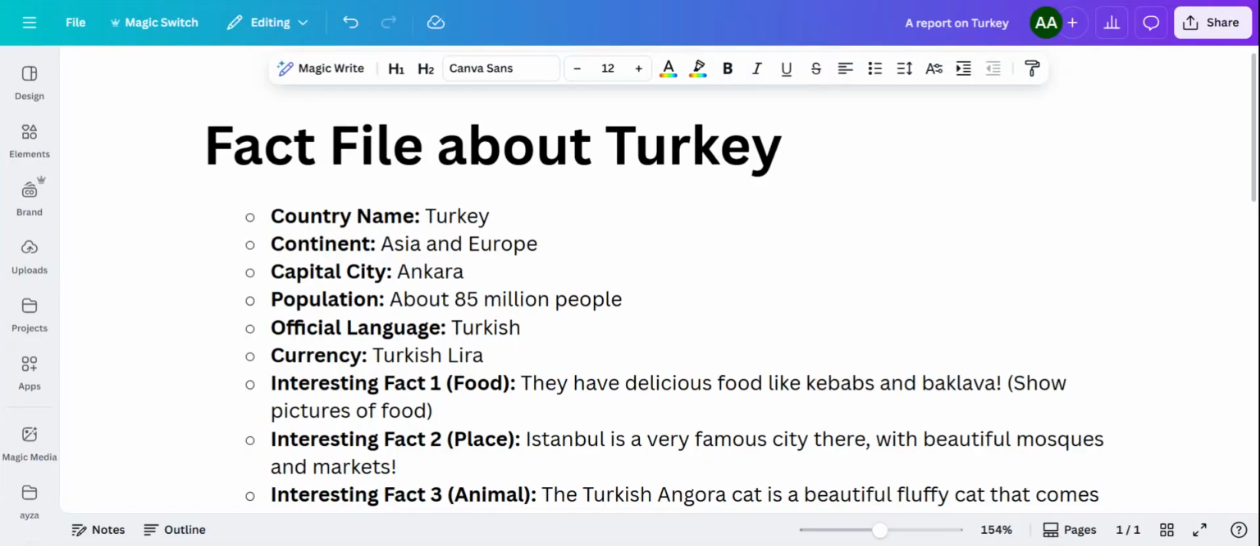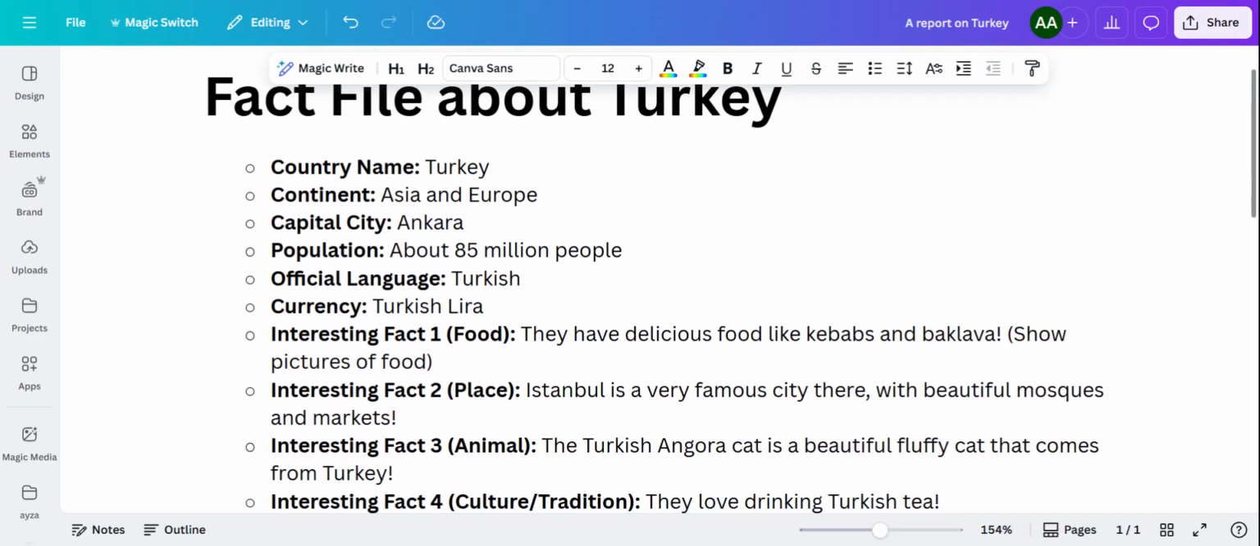Let's learn about how to write a report using a fact file about a country. So, as you can see on my screen, I have a fact file about Turkey. Now, facts means all the relevant details that are required to be there in that particular report. So, whatever is given in the fact file, you have to ensure that you include all those points